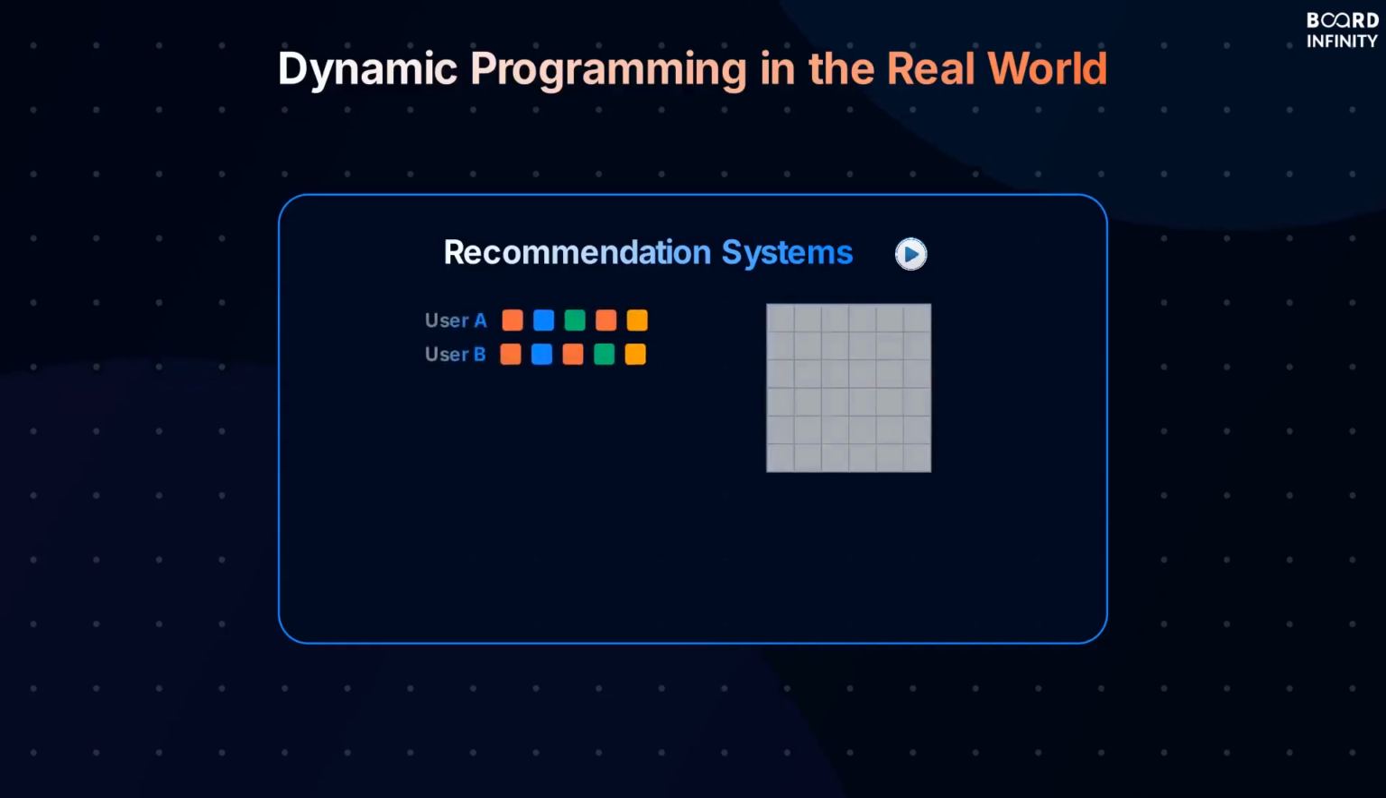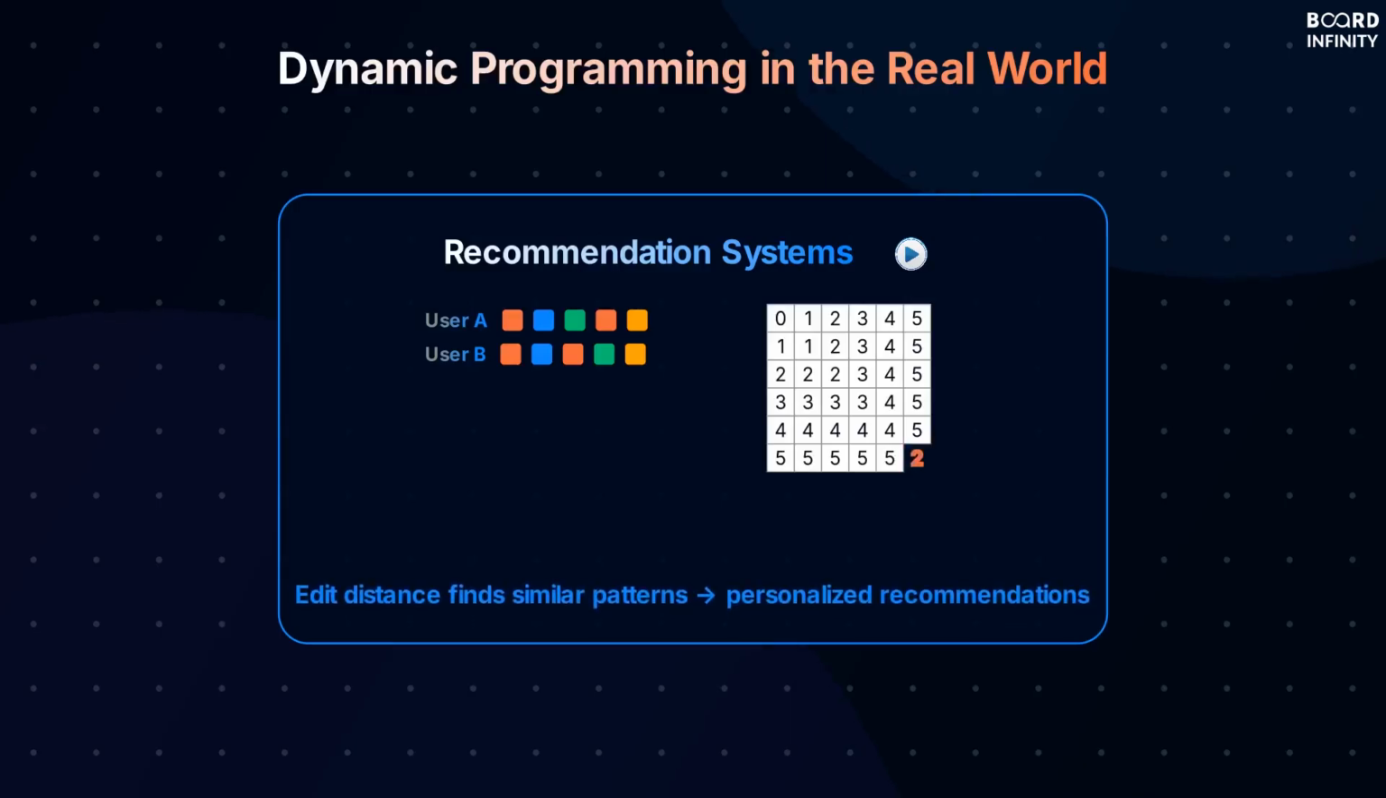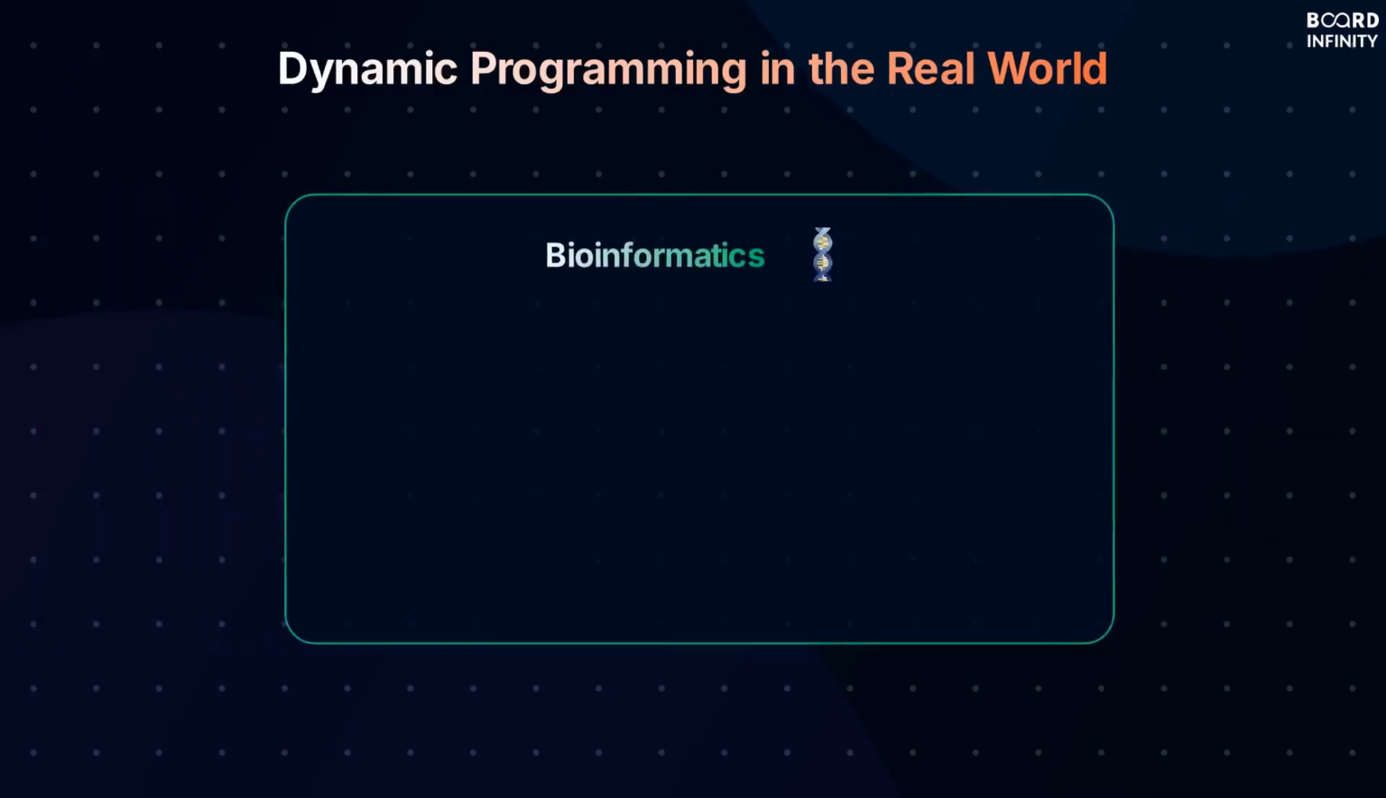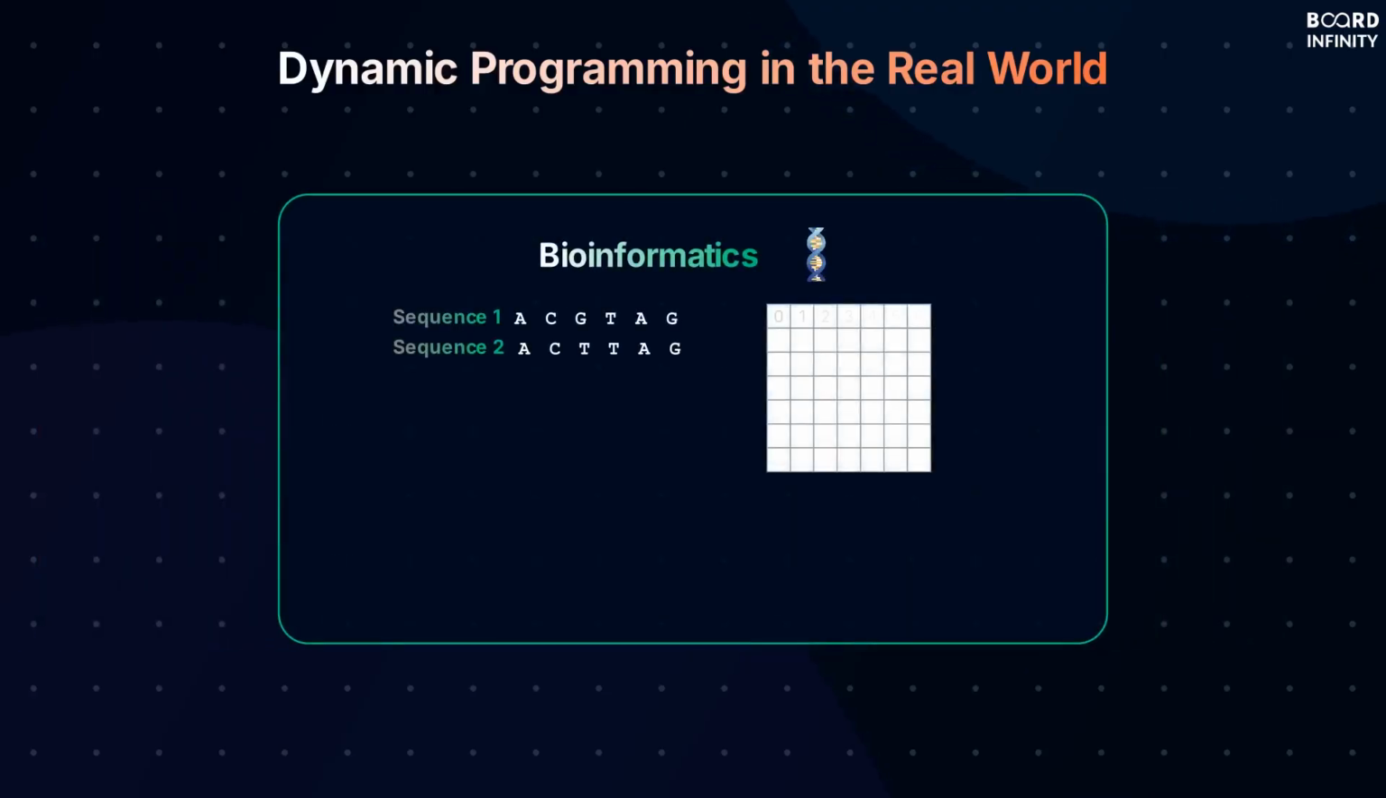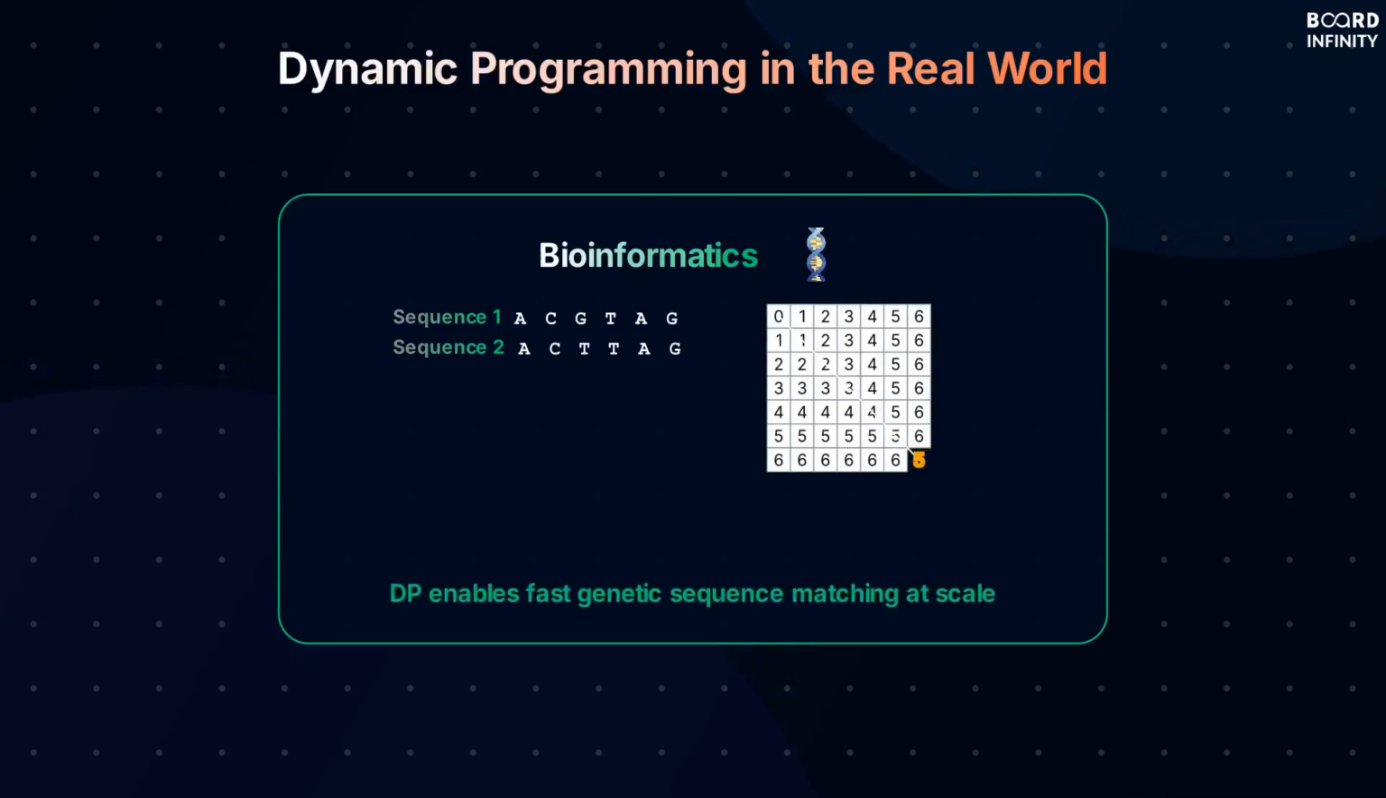Netflix and Spotify use dynamic programming-based algorithms to match user behavior patterns and recommend content. The edit distance algorithm, which measures how similar two sequences are, is pure dynamic programming. It powers finding similar patterns for personalized recommendations. The edit distance algorithm powers everything from autocorrect to DNA sequence alignment in bioinformatics. This enables fast genetic sequence matching at scale, a critical application for understanding biological data and improving employability in the